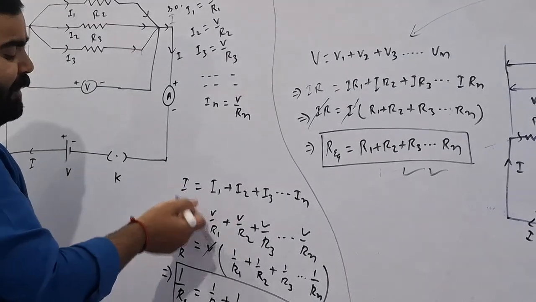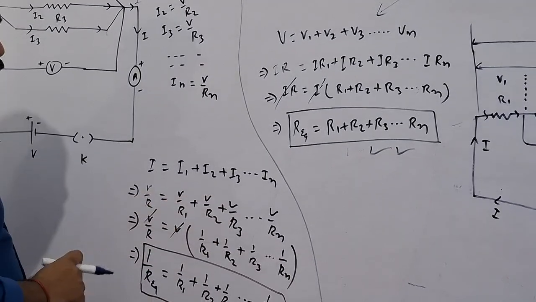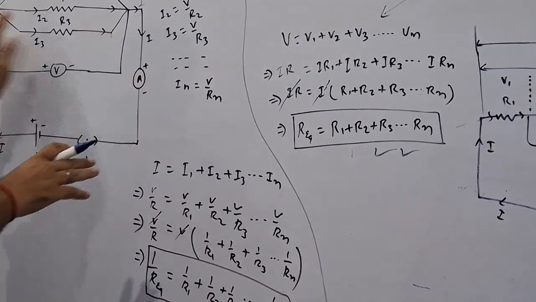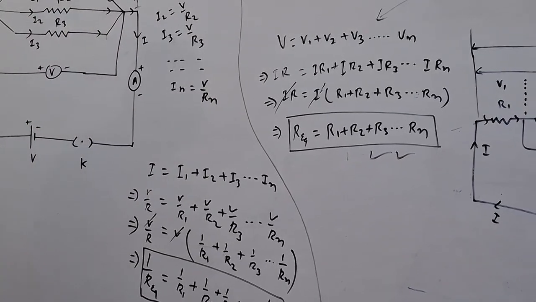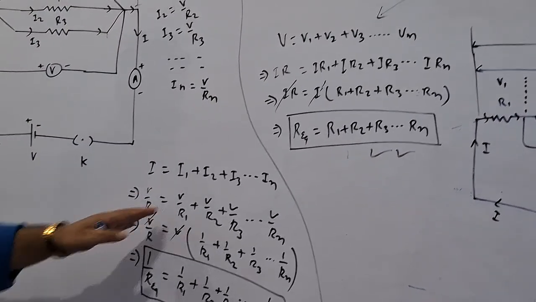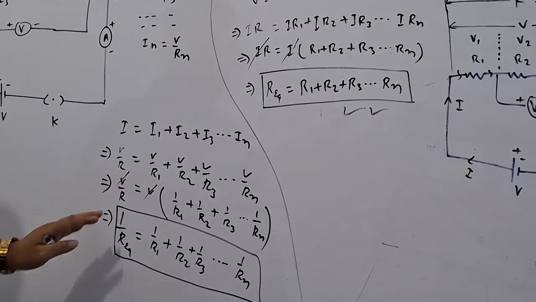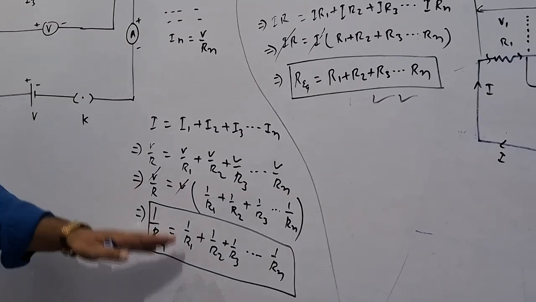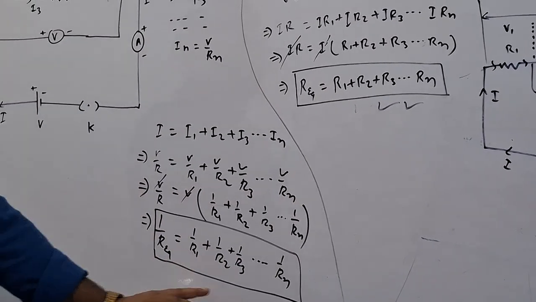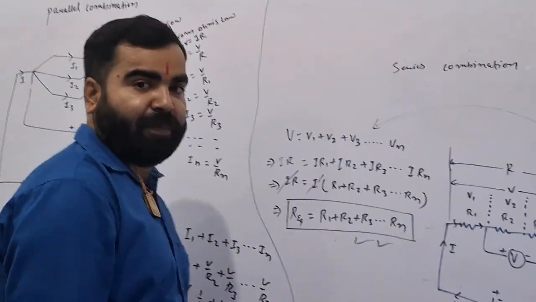Now what can we write? I is equal to V by R. Take V common, because the potential difference at each point is the same. So take V outside, V cancels out. Then what is that? 1 by R equivalent. So if the resistances are in parallel combination, then you have to take the reciprocal of each and then add up. And this one would simply add up if it is a series combination.